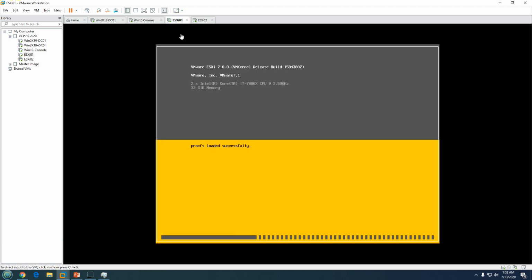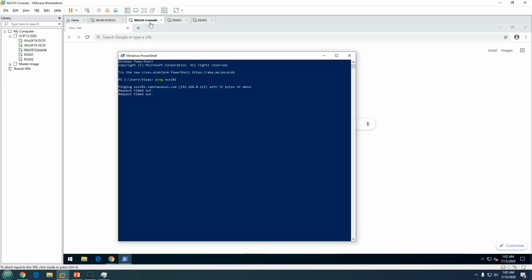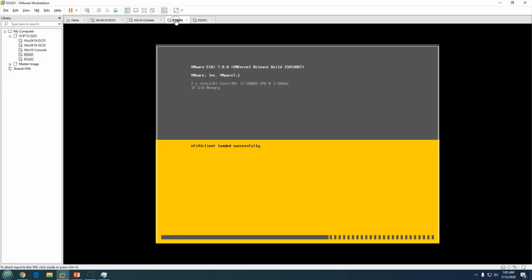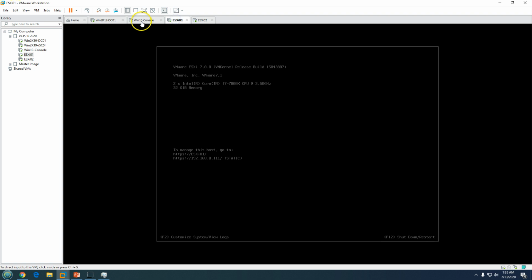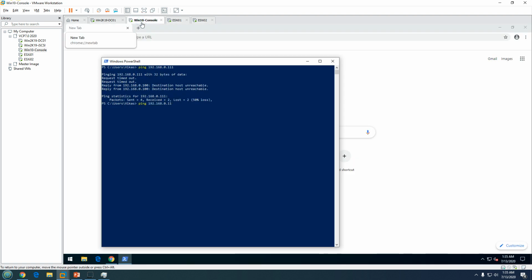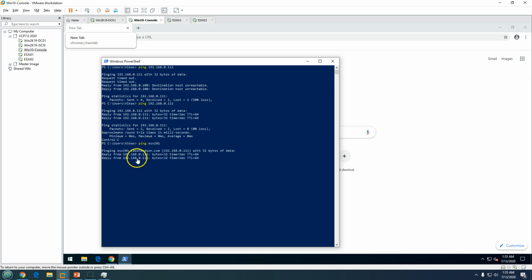Yeah, it's rebooting now. Soon it's going to reply. Now the host is booted. If I try to ping now, you can see my host is replying, and if I ping through the host name ESXi01, you can see it's also replying.